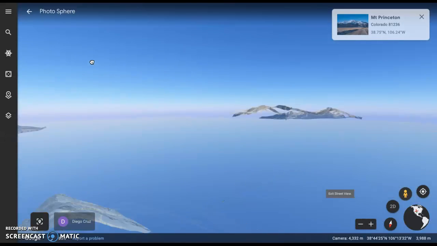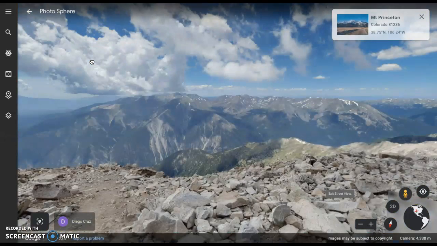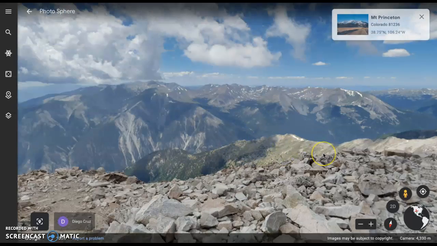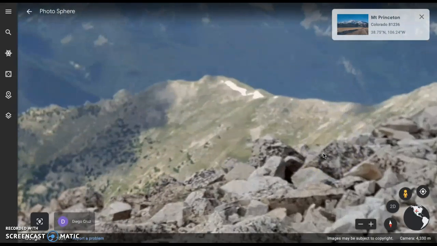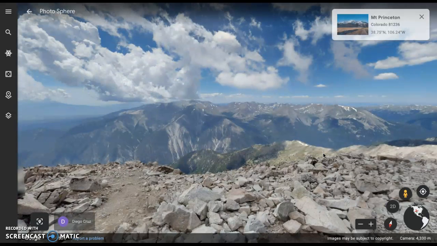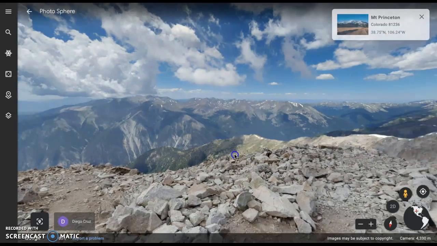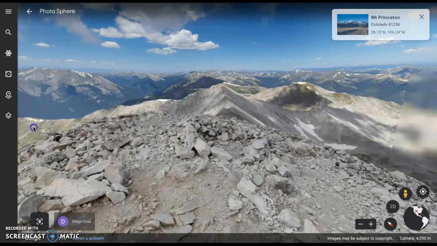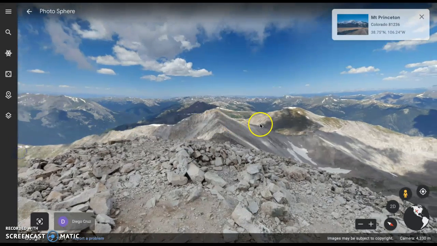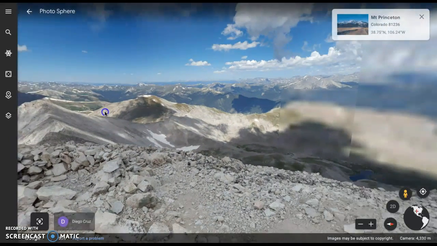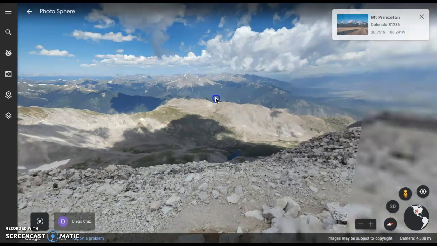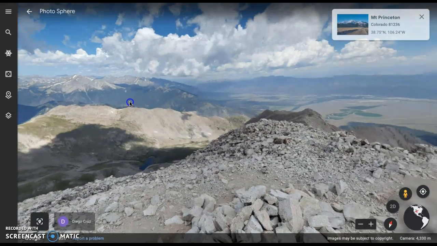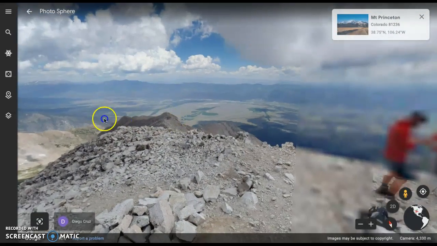Those represent locations where we can actually gain a personal view of that location using user photography. So here we can see the world around Mount Princeton from the top of that mountain. This is provided by a Google user named Diego Cruz, so I can give that attribution if I were to use this in a presentation of my own. But here we can look around, we can see all of the area surrounding Mount Princeton